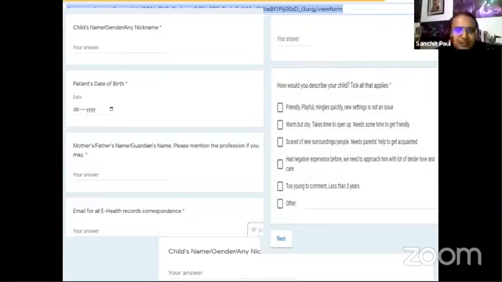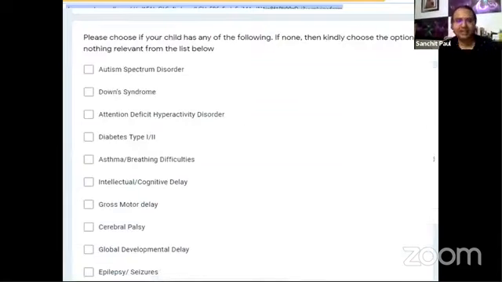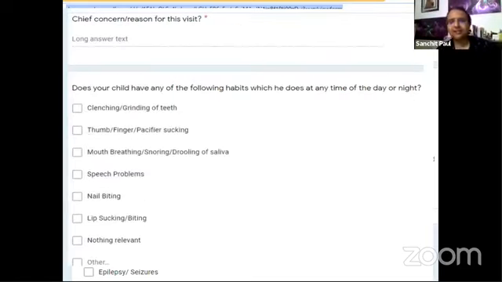These are all important things because when we are trying to treat kids, it's very important that we know what type of kid it is, what his personality is and how the parent describes them, and accordingly we can coordinate and apply our behavior management strategies. Again, the medical history, the reason for the visit, and since we are exclusive pediatric dentists, we should not only focus on drilling and filling cavities for children. So we would like to look at the airway and orthodontic part in the form of mouth breathing, snoring, drooling of saliva, any speech problems, nail biting. This will come into the picture only when you ask the question, or it should be in your questionnaire.